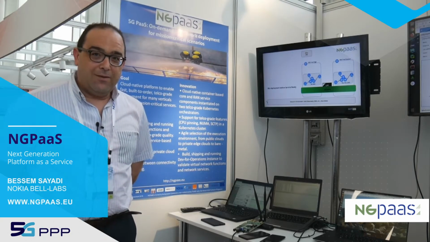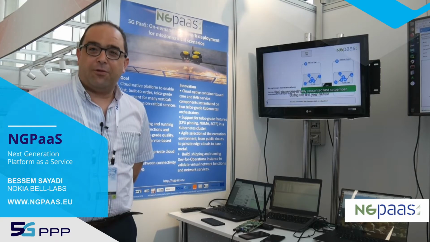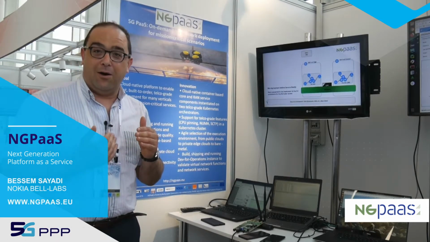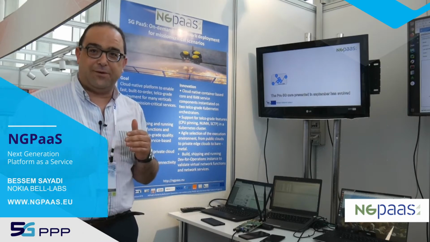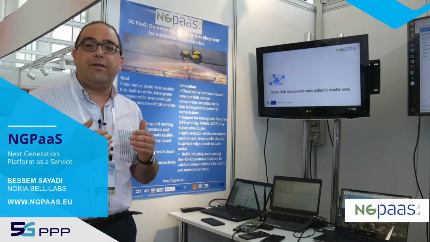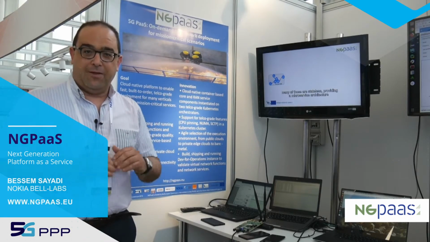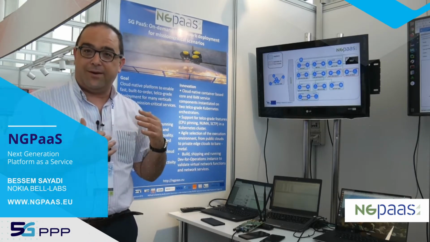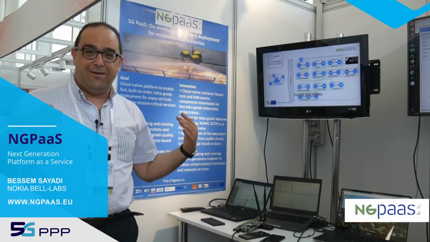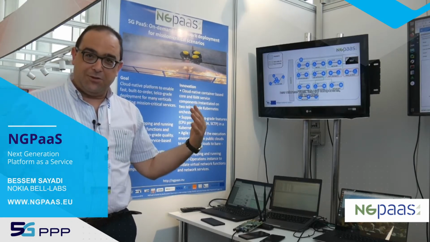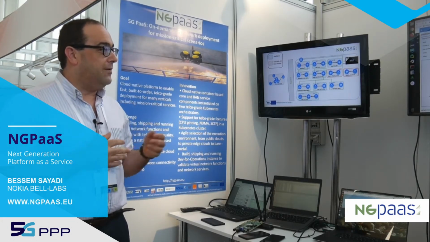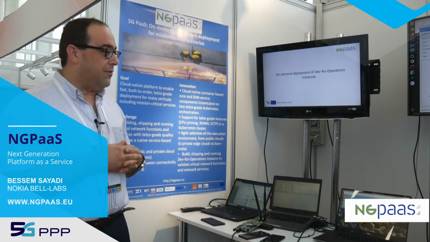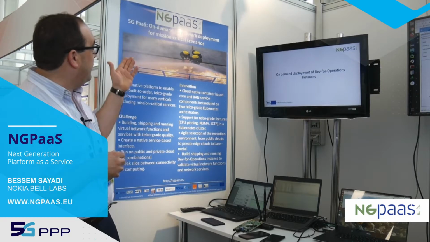I start with the what. I mean, what do you need as a service to be deployed? This is completely separate from the how this service will be delivered, and the where this service will be deployed. Once we separate the what, the how, and the where, you can combine them easily in all the dimensions. And this is what we try to demonstrate here by demonstrating one of the use cases that we have, this